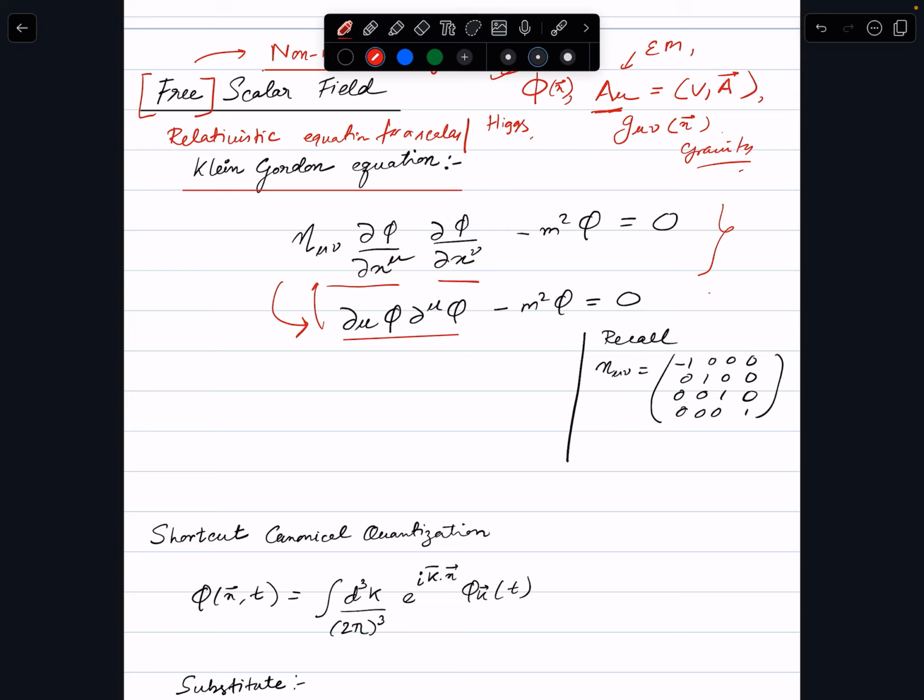By the Einstein summation convention, there is a sum over the repeated indices mu and nu. So I will put mu and nu everywhere. This is eta 0 0 del phi, mu is 0, nu is 0, del phi del x 0, plus, remember eta mu nu is this matrix. The only non-zero elements are when mu and nu are the same, the diagonal elements: 0 0, 1 1, 2 2, 3 3. So this is plus eta 1 1 del phi